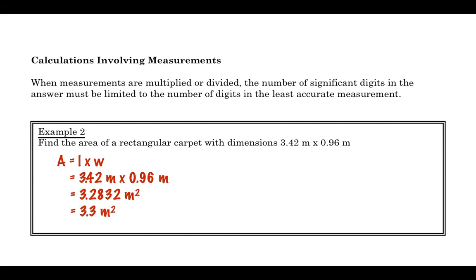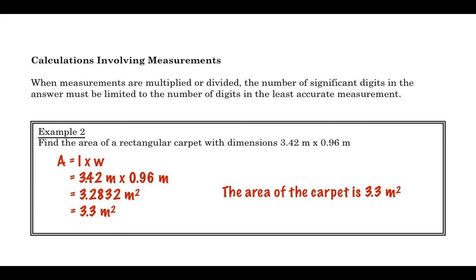And so I do. And I say this is 3.3 meters. Okay, so basically that's the area of this carpet. And that's what we're going to do. That's basically the whole point of significant figures, is that whenever you do a problem in physics, your very last step is going to be to say, okay, I got to round this to the right number